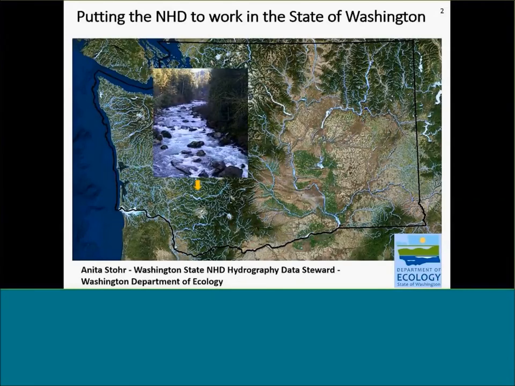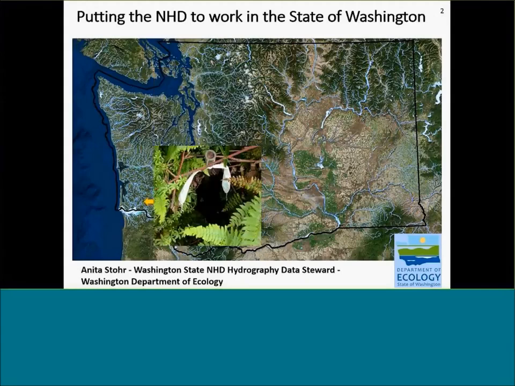Forestry is also a big industry in the state, and our Department of Natural Resources manages forestry. So this photo here shows the Lewis River watershed. They need to know where streams are located to manage riparian buffers and road maintenance associated with logging activities. And they care not only about the large streams, but they care about small streams like this. This is a small headwater stream in the Willapa watershed, and it's called one of our type N headwater streams, and they're important for protecting species such as Pacific giant salamander.